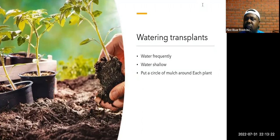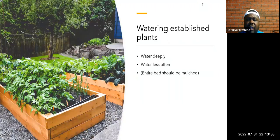But it's a little trick that we do: once we plant our transplants, we add a little bit of compost around the base of the plant, or a little bit of straw if they're tomato plants and so on, to really keep the moisture around the roots of the plants while they're getting established. And then if you have an existing garden space that's already thriving, that's looking good in the neighborhood,